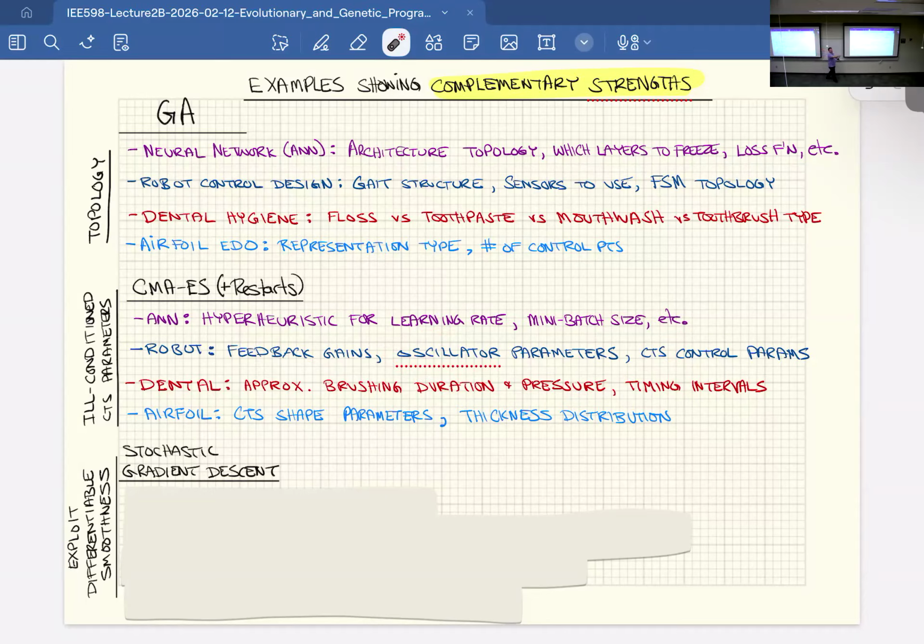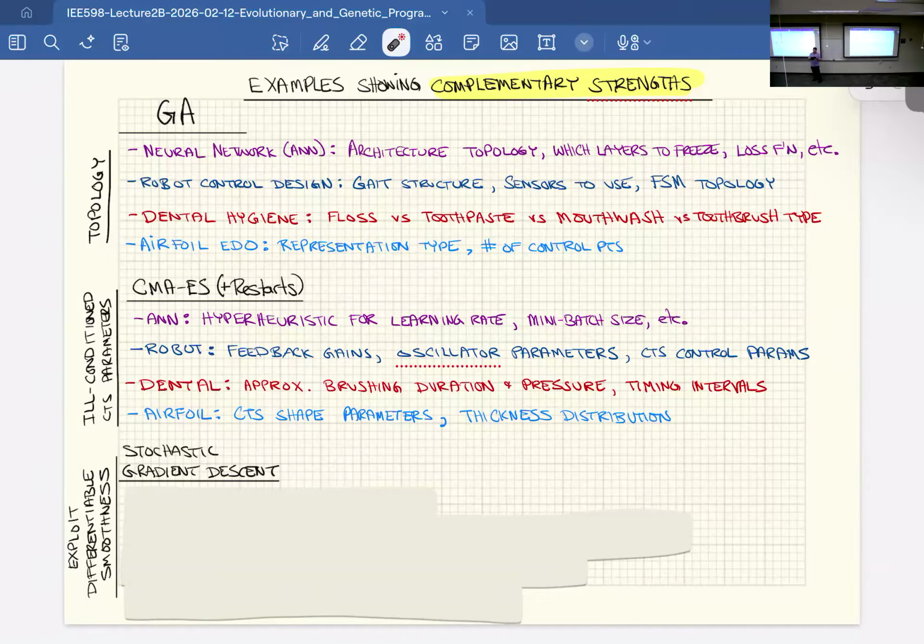So you have PID gains that are high proportional. You have PID gains that are high integrator. You have PID gains that are high derivative. You can make all three of them work. Maybe they have different energy profiles, but all three are stable. So figuring out which ones of those to use, maybe that's something that CMA-ES can help you with.